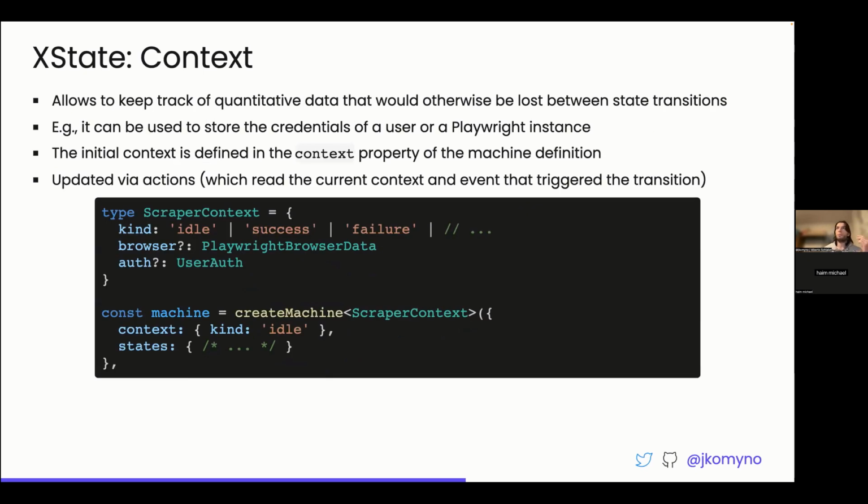We've seen the ctx argument before in a function defining the guard. So what is that? Well, context is what allows us to keep track of quantitative data, which is like generic strings, numbers, arbitrary objects that would otherwise be lost between state transitions. So it is some sort of persistent storage for the finite state machine execution. We can use it, for instance, to store credentials to log into Glassdoor or a Playwright instance,